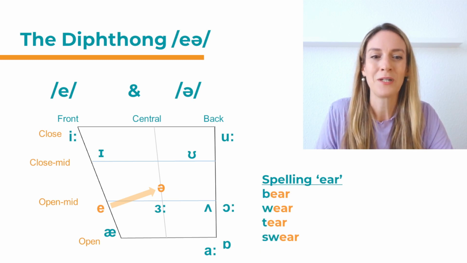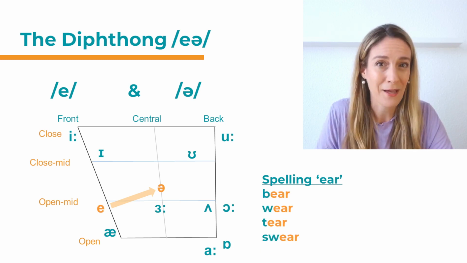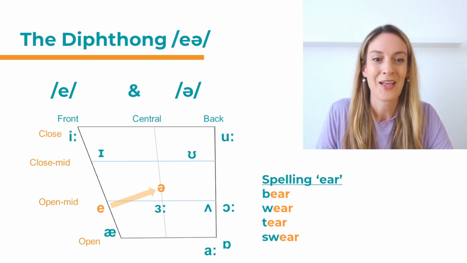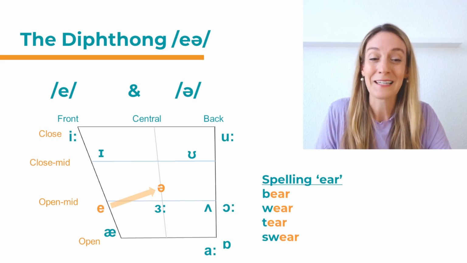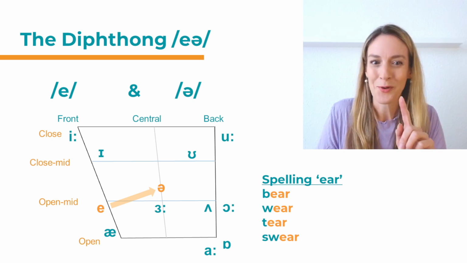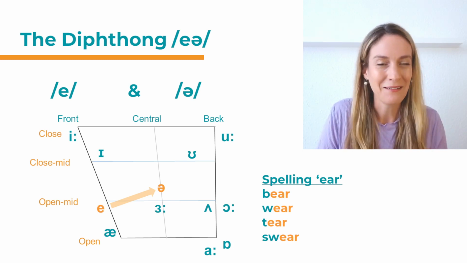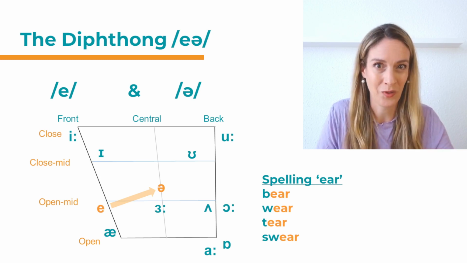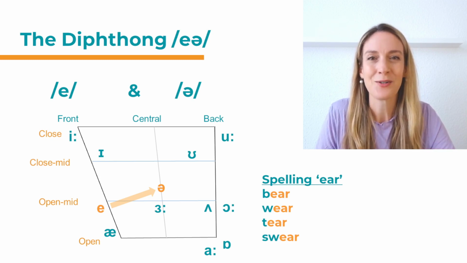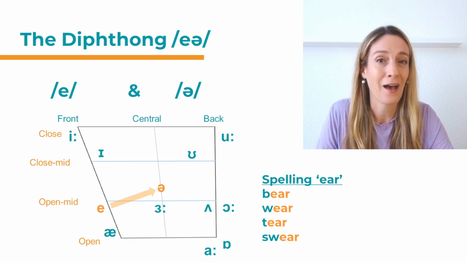Wonderful, okay, but we do have one more spelling pattern, and that is EAR. But again, that spelling pattern on its own forms a word. It's very tricky today, I know. It looks like ear, but no, we're not talking about the word ear, we're talking about the spelling pattern EAR within a word, okay? So let's have a look at these examples. We have, for example, bear, like teddy bear, animal, wear,